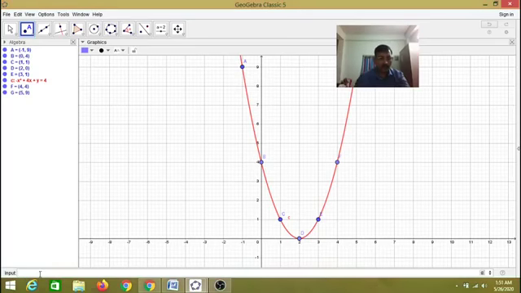Okay, now what are the roots you observe? You can see that again here